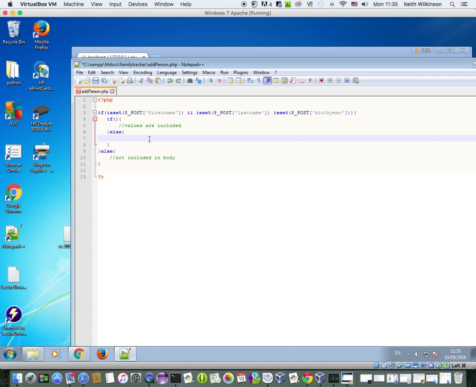Else, values not included. Now that was done with a check on whether the value was empty or not. So if it's not empty,